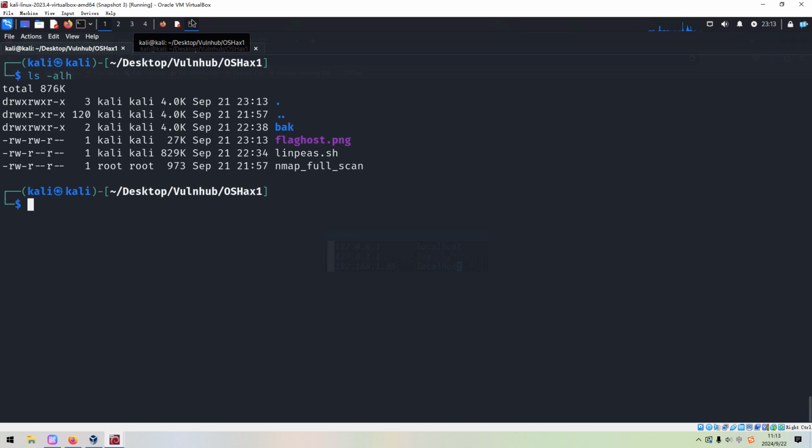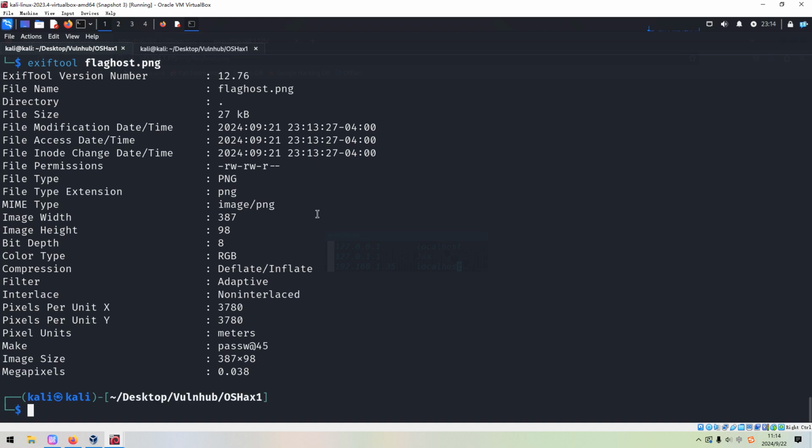But the picture format is PNG, so we cannot use tools like stegHide or stegSeek, because both utilities do not support PNG format. However, exiftool, we can use this utility to print out the metadata of this file.